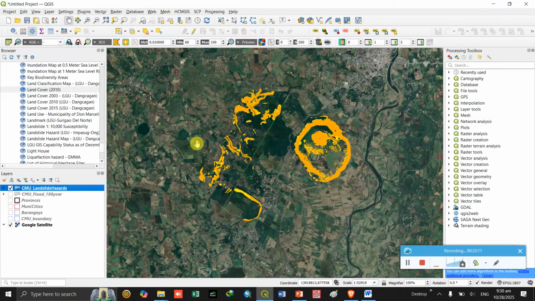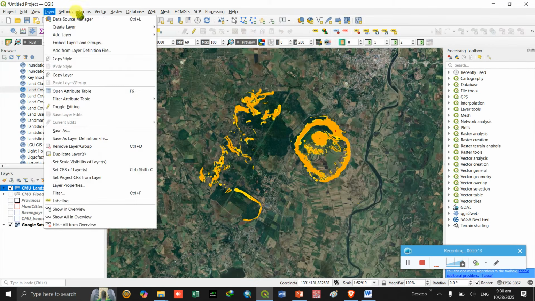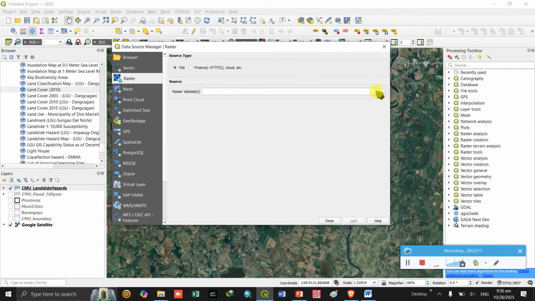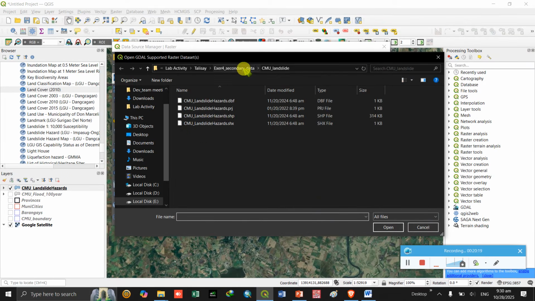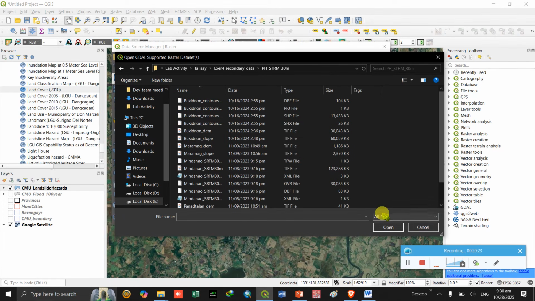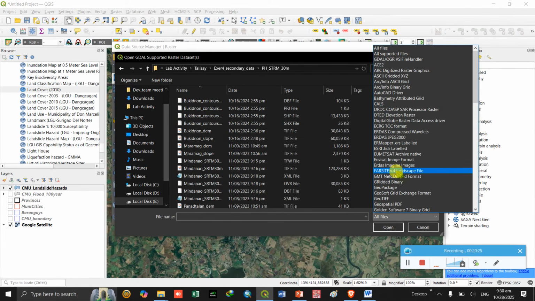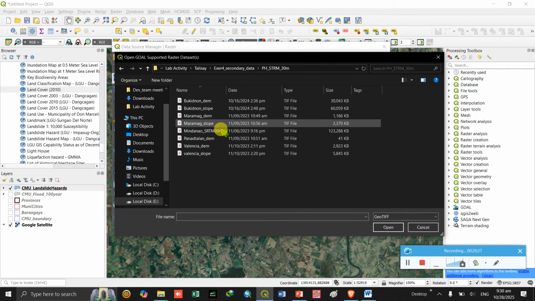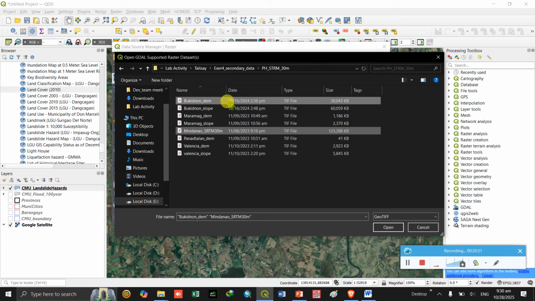So to add, layer, raster, so this is the DEM. So we need to choose the TIFF. Okay, then we can add the Mindanao and Bukidnon DEM.